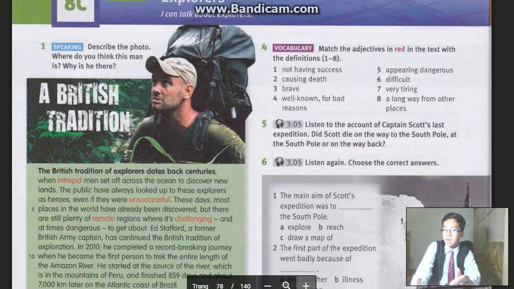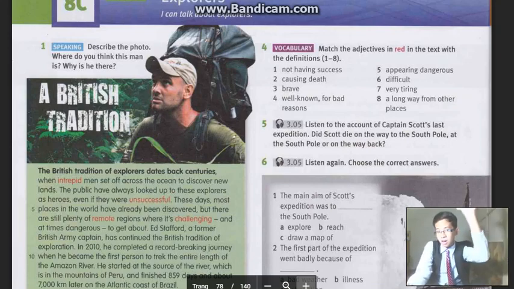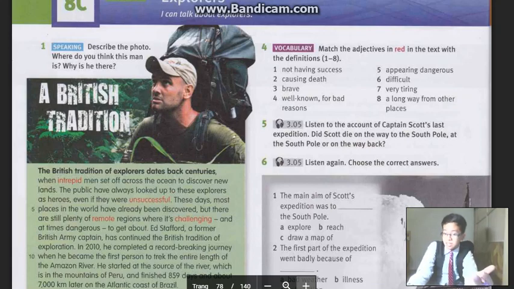Forest. And why does he go into the forest? Maybe, I guess, by the title of tonight's lesson, it is explorers. So he may be an explorer. So he must go into the forest and travel there to see something new, to feel how life is in the forest.